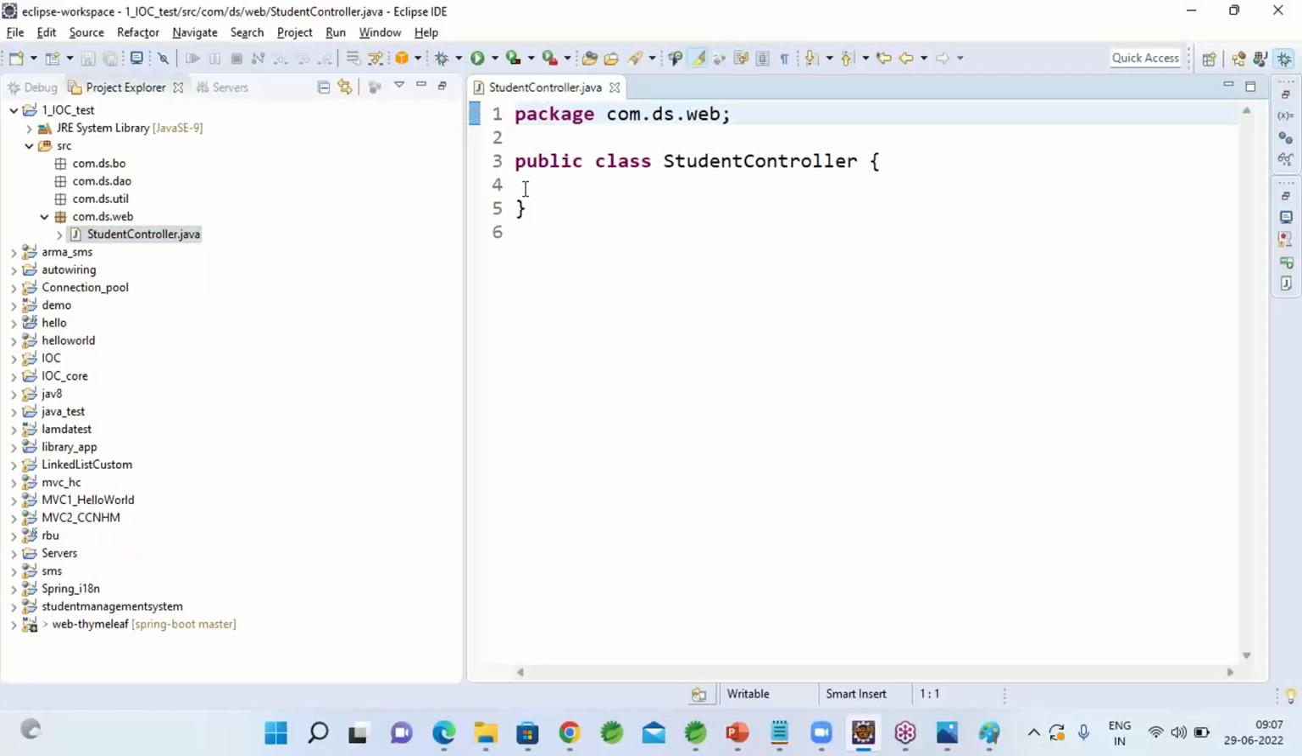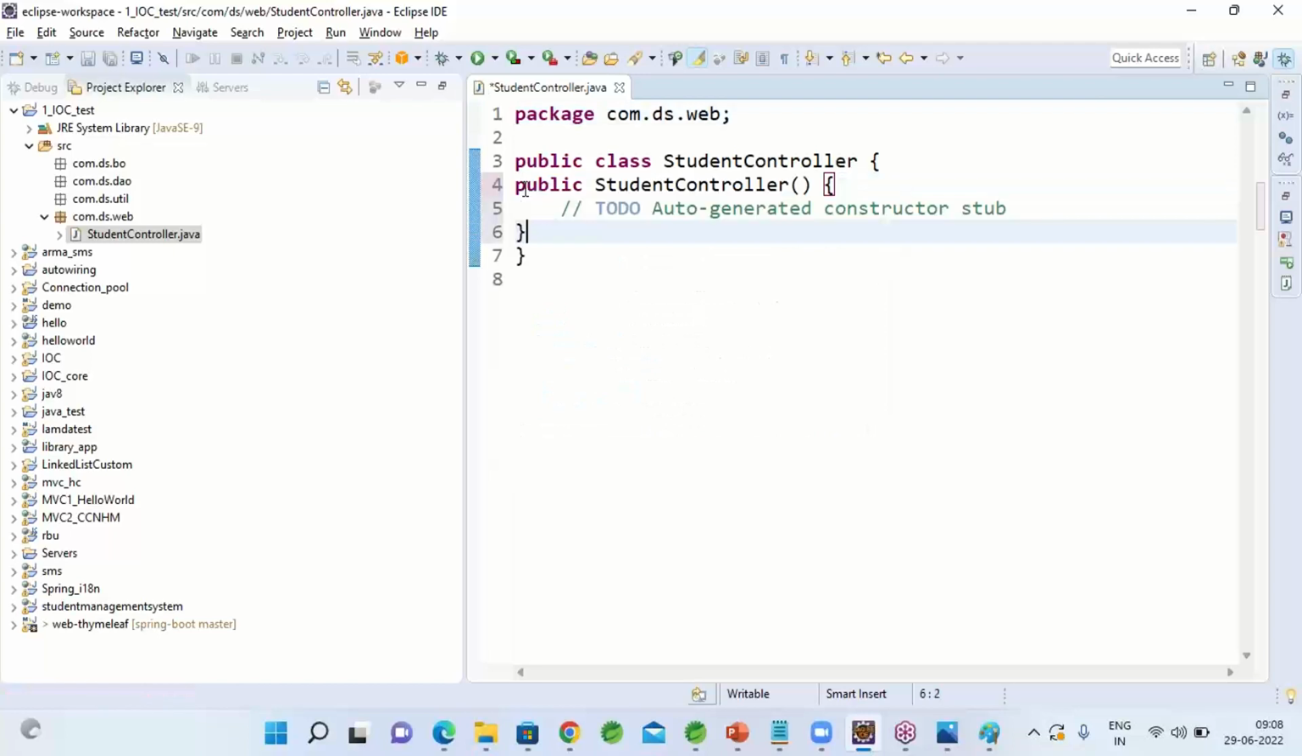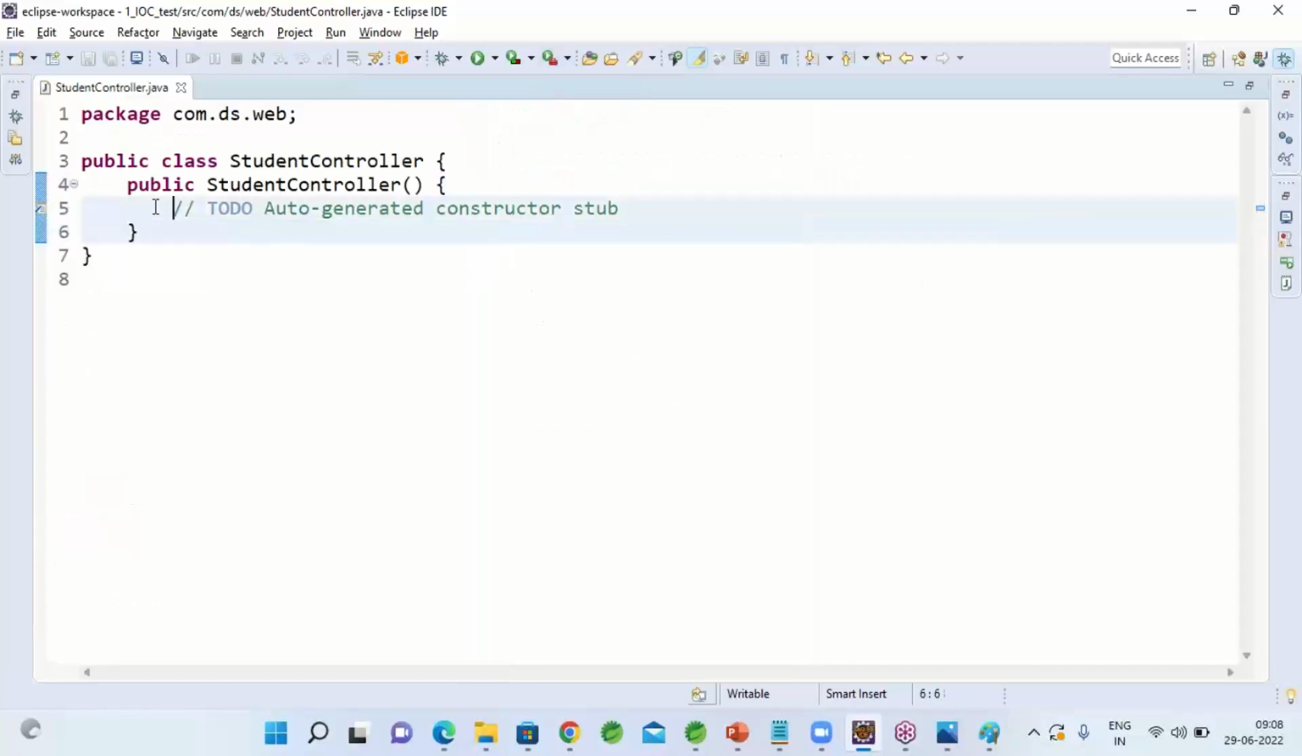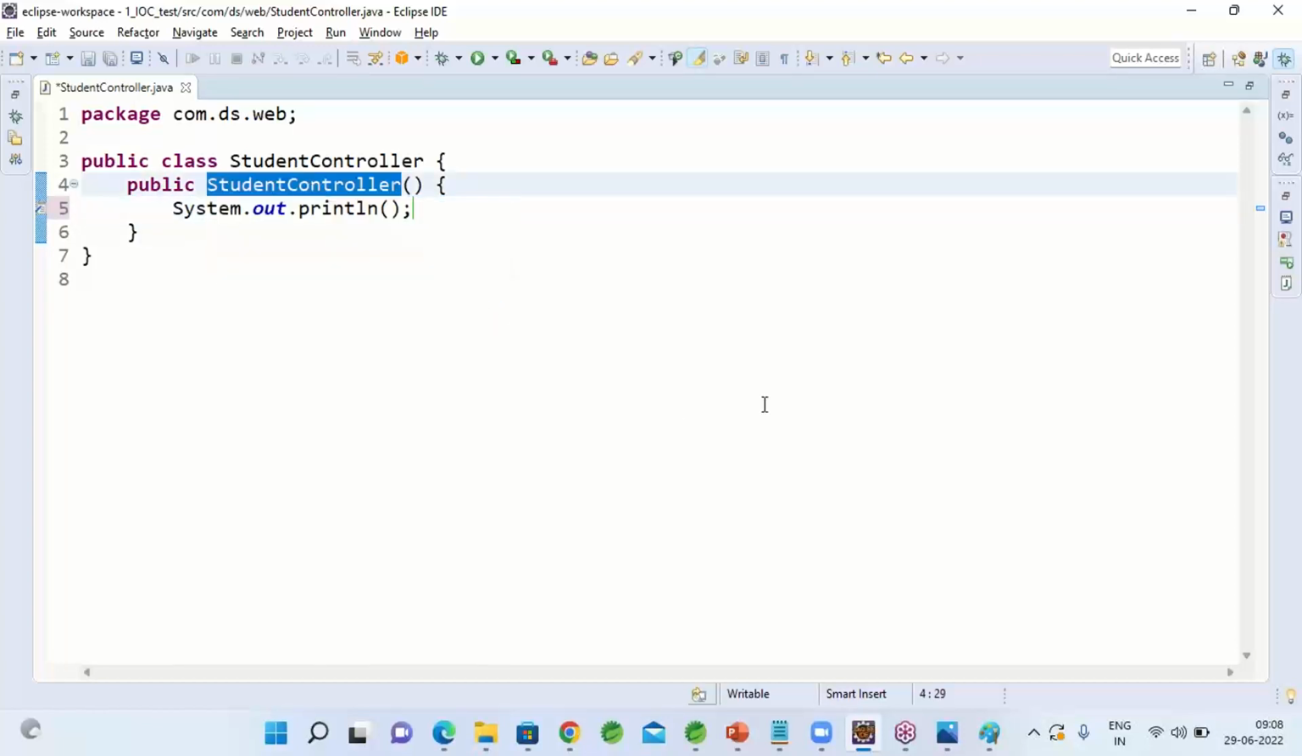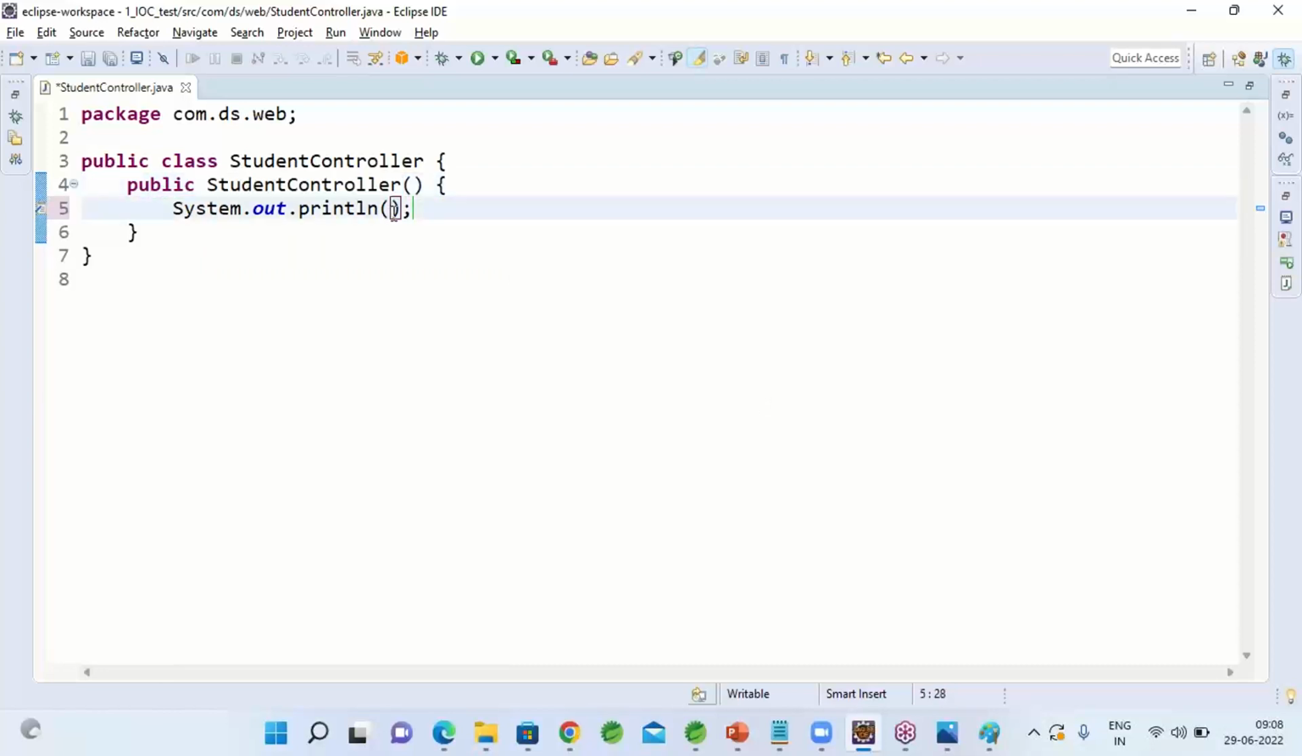I don't want to put any implementation here. I'll just show you how objects are created for time being. So let me put some statement in the constructor. You know, right? While creation of an object, whoever creates it, whether it is your framework or